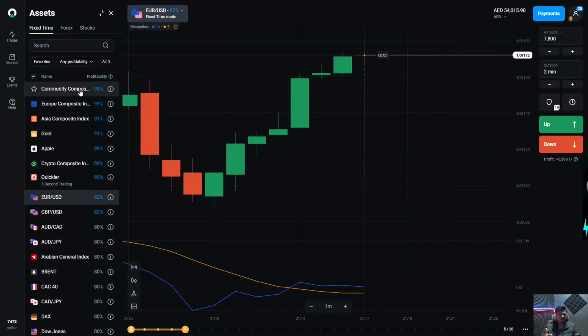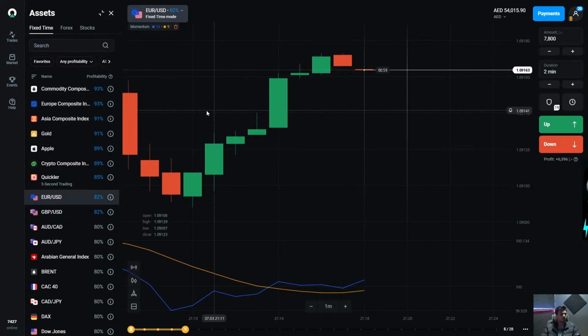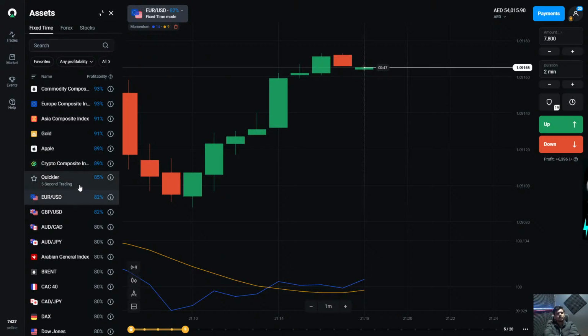I have lost a huge amount, but it's okay for me because I can recover this money. But I want to teach you here so you can avoid these mistakes, and this will not happen to you again. Or if it sometimes happens, you have the chance to recover by using the martingale strategy. And now I'm just waiting to decide at which time I have to make a trade.